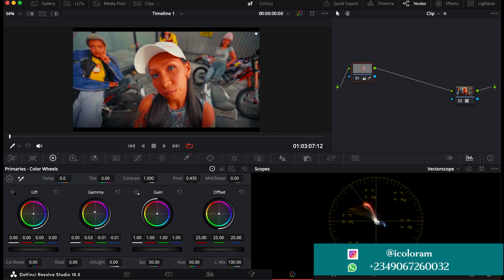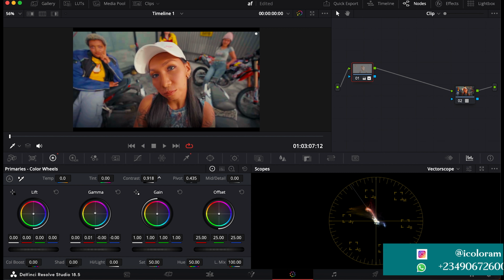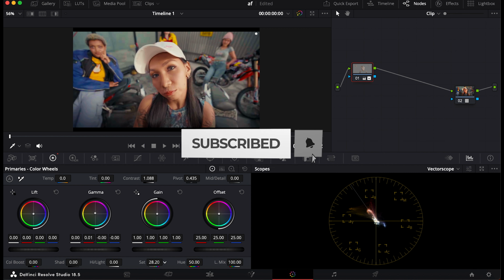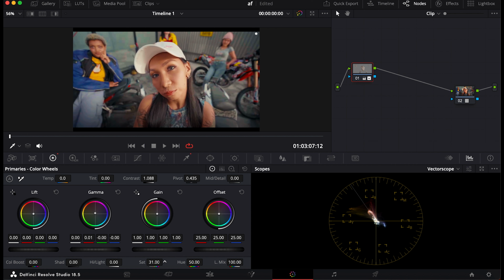So now you can decide to bring it down and say, okay, the saturation is too much, I don't want it to be too much. And then probably just increase your contrast a little on the skin tone. And then take down the saturation to make sure our image is looking nice and not too oversaturated. So this is before and this is after. Now this is a good way to select your skin tone, but there is a better way to do that,